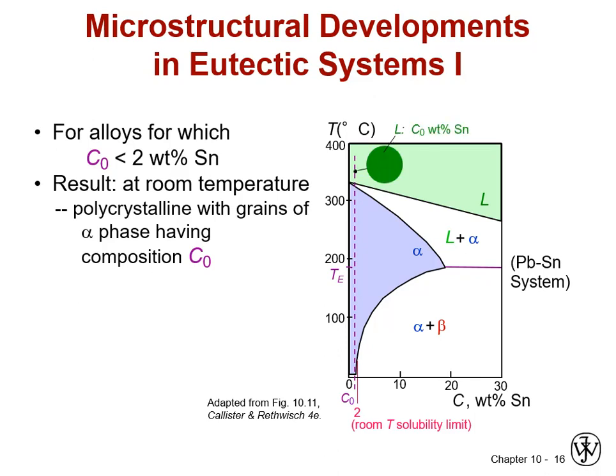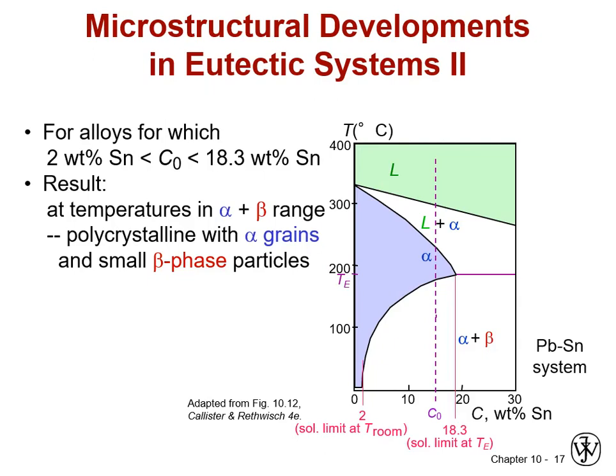two-phase region. So if we looked at microstructures for that, we would say, okay, we start out in a liquid, all one phase, it's all liquid. And again, we went through that two-phase liquid plus alpha region, slowly consuming the liquid and depositing more of it as our alpha solid. Once we dropped below the solidus, the alpha side of the liquid plus alpha two-phase region, we now have all alpha. And since we didn't enter the alpha plus beta region, that's what we had all the way down to room